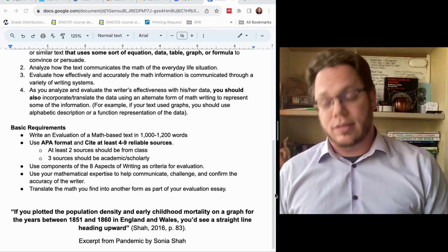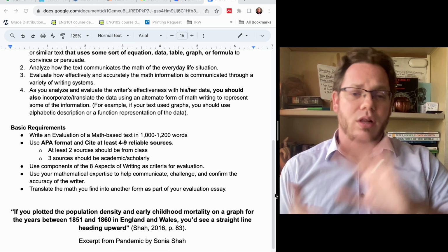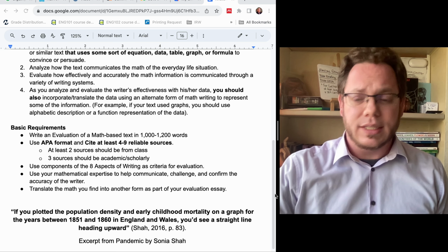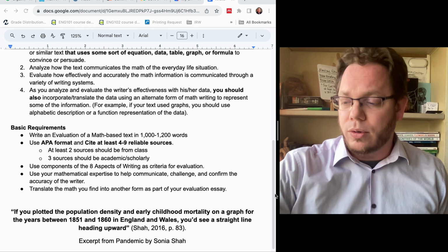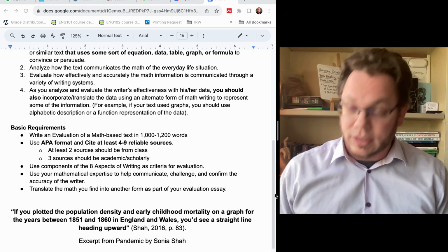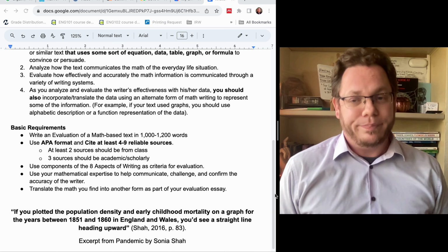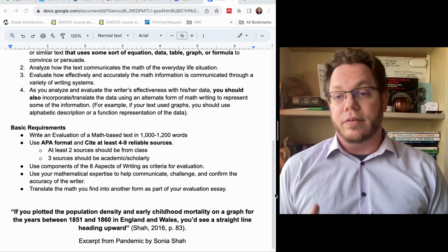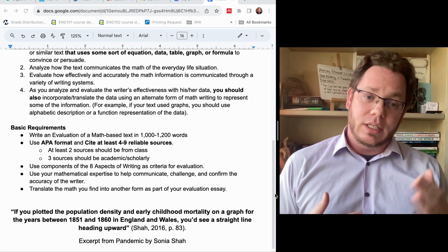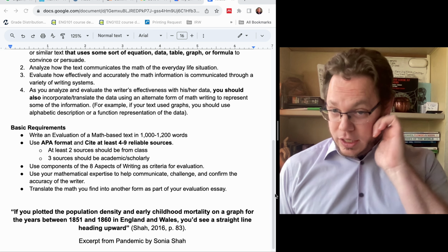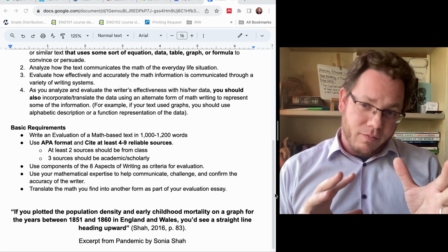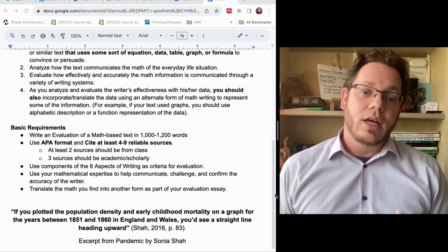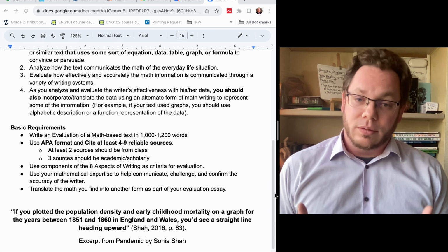Anyway, in this quote, this book is all about health, and this was published in 2016, but it's all about how we approach pandemics, which is interesting because we had one a few years later. In this case, they were talking about different medical approaches in the 1800s. Sadly, they're talking about childhood mortality, but the framing of the math here is really important. Again, it's not so much the content, though it's sad and interesting, more childhood mortality rates as they are.